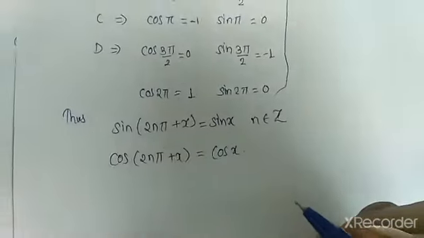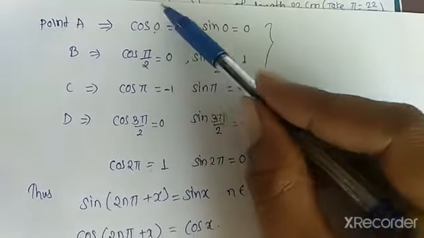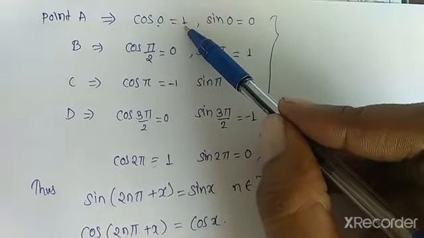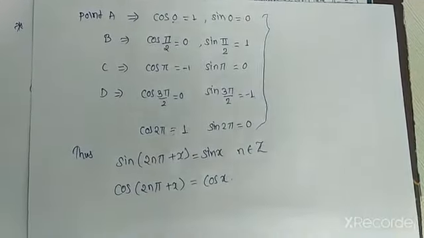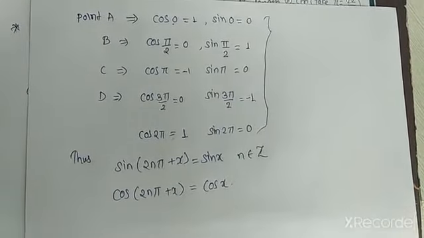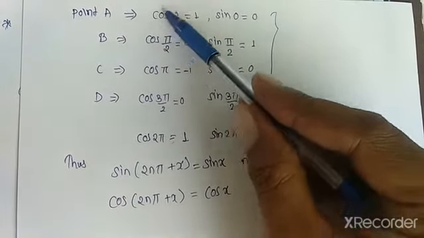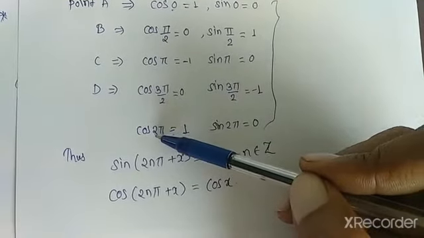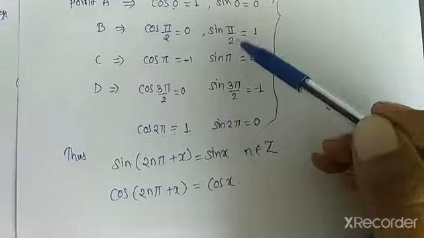Okay, so from this, if you consider cos 0, after adding 2π it is again 1, after 4π it is again 1. Which means after completion of one revolution it will give the same value as previously. At 0, and after one revolution it is 2π, so it is 1. After the second revolution it will be 4π, it is again 1. Okay, similarly for the remaining also.